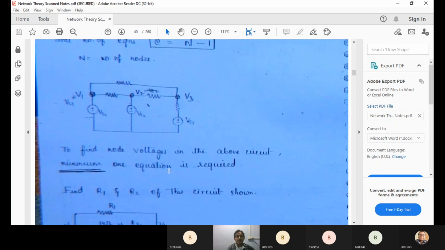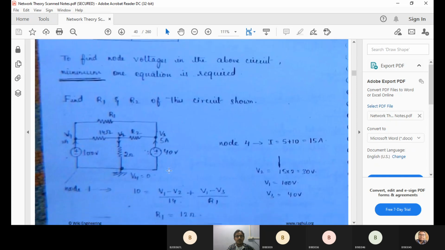Like that, you can find out any such voltages. Okay, here simply we'll solve this problem. Here this voltage is V1, another voltage is V2, and this voltage is V3. So to find out these voltages, while considering this node, V1 is at higher potential, this is the ground, this is 0. V2 is at higher potential and this is 0. V3 is at higher potential and this is 0.